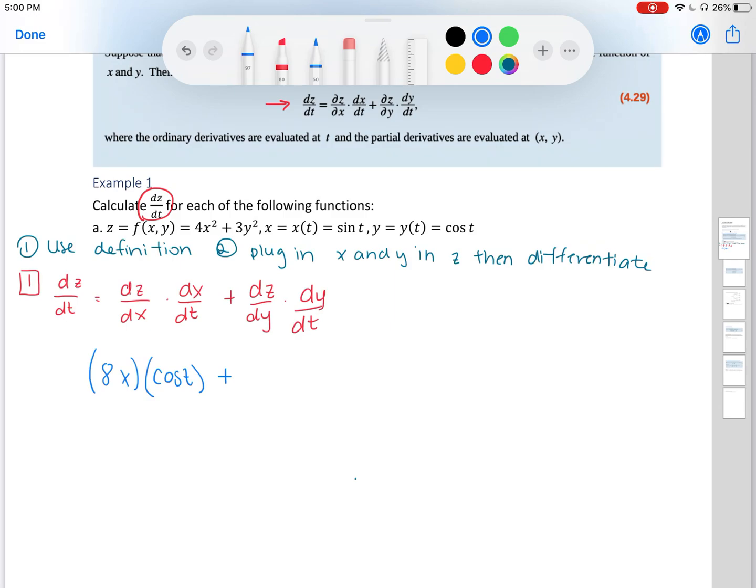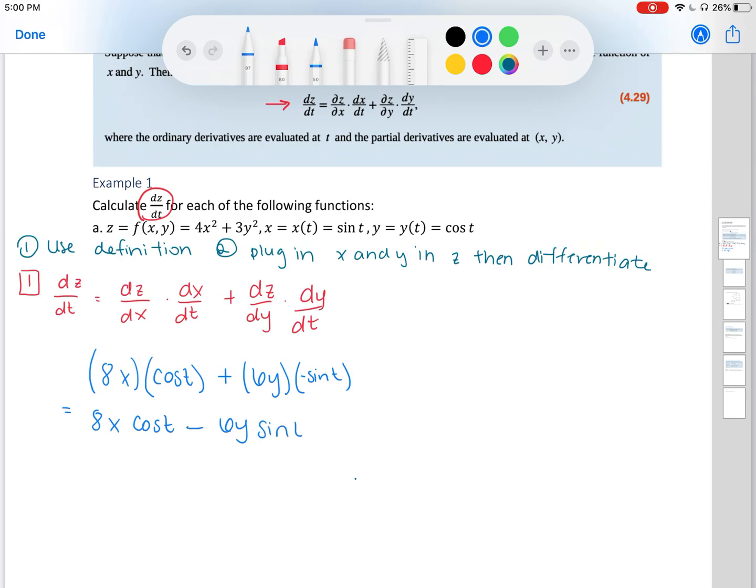Remember, this makes x a constant, so our derivative is 6y. Now our function y in terms of t: y equals cosine of t. The derivative of cosine is negative sine. So our derivative is 8x cosine of t, minus, since we have that negative,